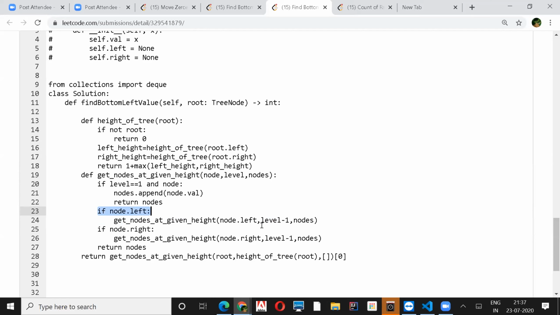Like when you finish the entire level. I already calculated, let's say 6 was the height. You keep on decreasing. You go to the last level, and then at the last level, I'm returning the first element of it. That is index 0. That I'm calling this function here. You are saying that every time, why are you not returning here? If not node.left, return get, right? Right. Okay. Like I have one constant space solution.